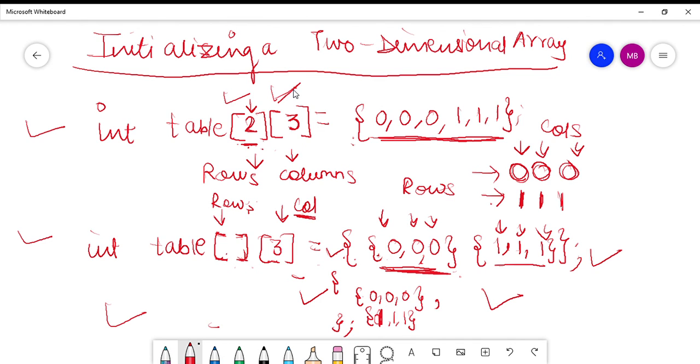So basically it is not compulsory. Though if you wish to give the size of the number of rows, you can do it like we've done it here, or we have done it here. But if you do not wish to, then there is no compulsion to give the size of the number of rows in case of a two-dimensional array if you are initializing it at the time of declaration. But even then it is compulsory to give the size of the number of columns. So this is how you declare a two-dimensional array and then initialize it. I hope the concept of two-dimensional arrays is clear.